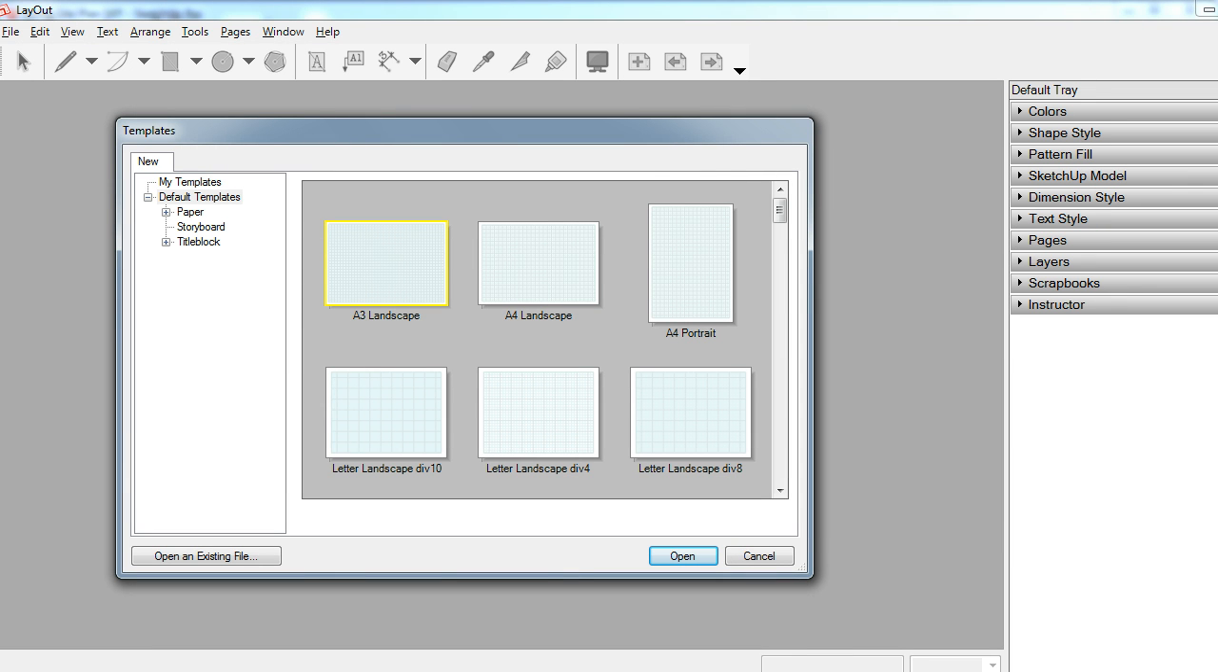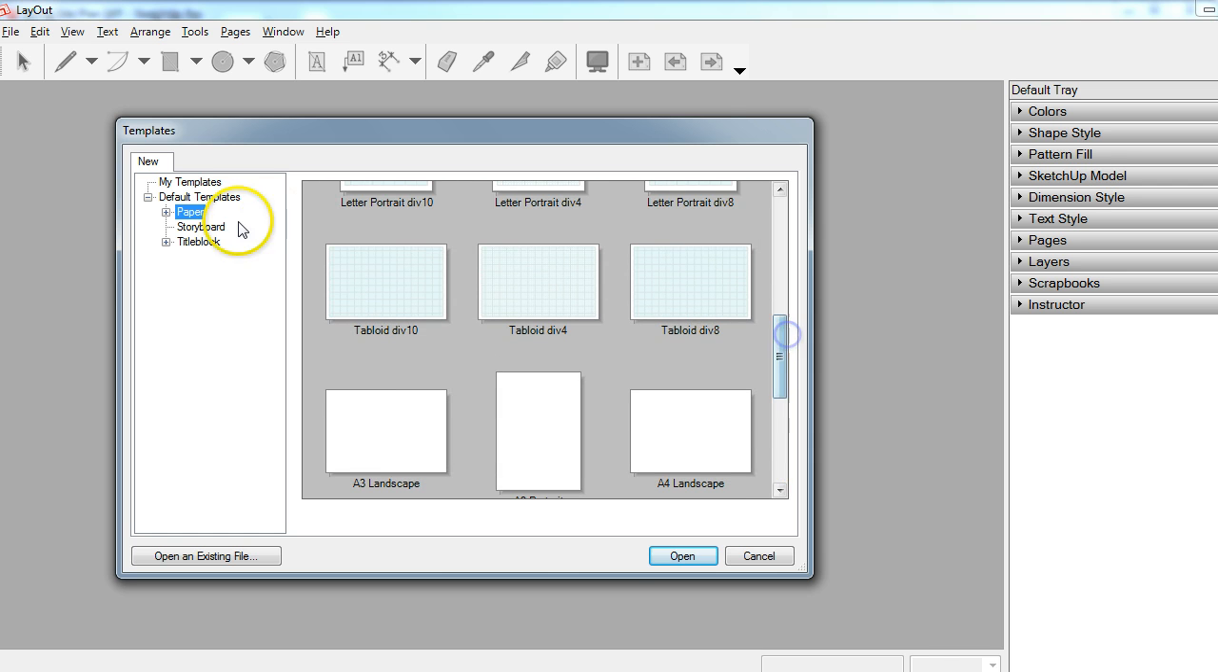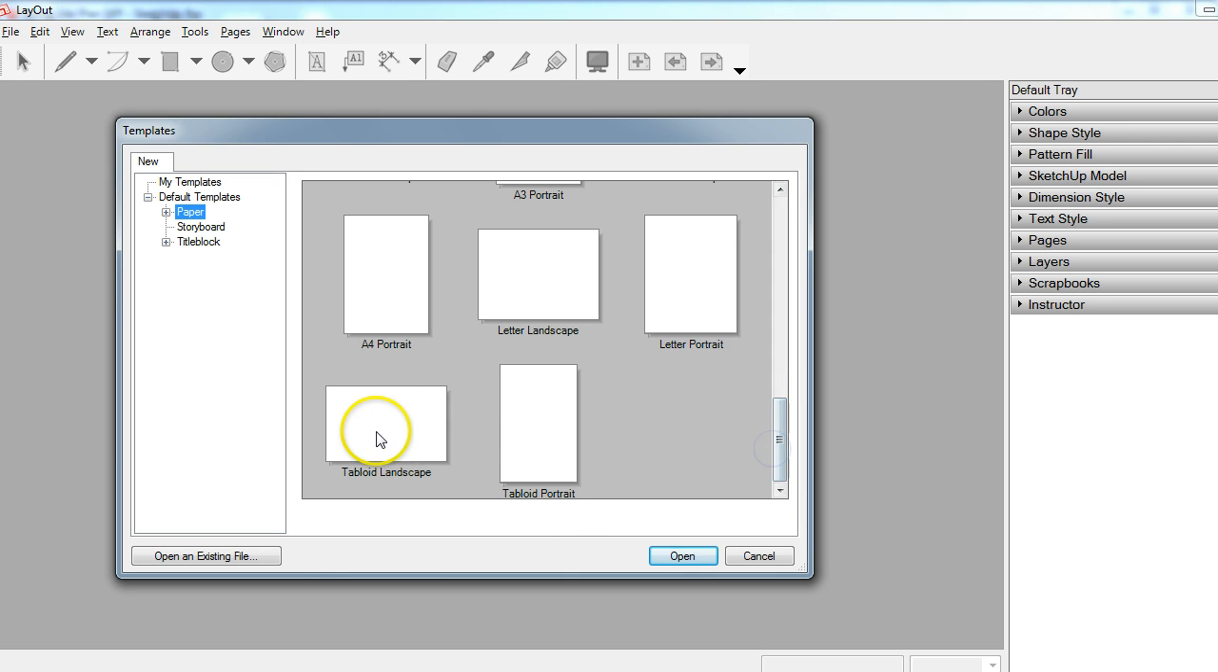The first thing that pops up on the screen are the templates. You can select paper, and we're going to be going with a tabloid. So you go to paper and select the tabloid landscape. Tabloid is 11 by 17, and that's going to give us the right size paper that we need in order to create the scale that we want. We will be using an engineer scale of 1 to 100. Hit open,